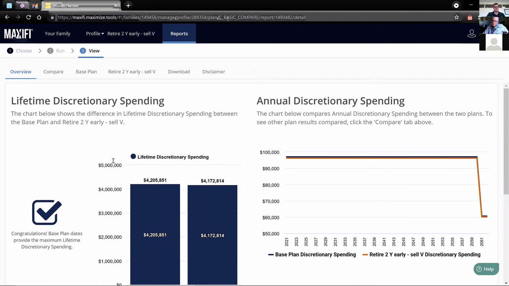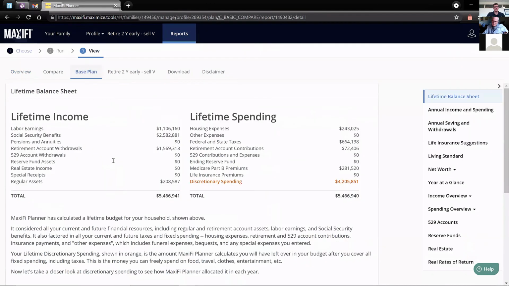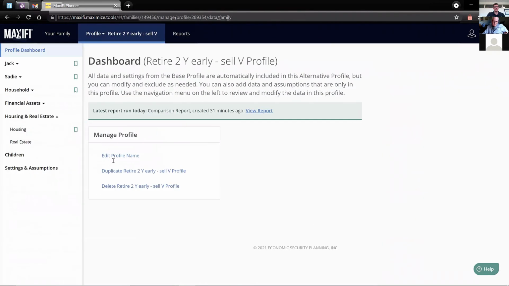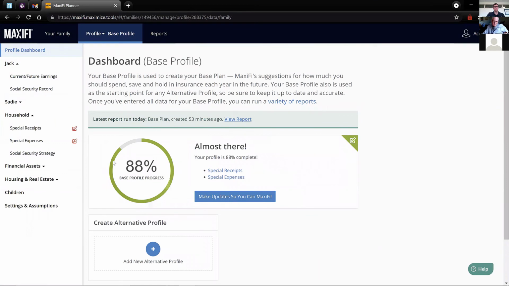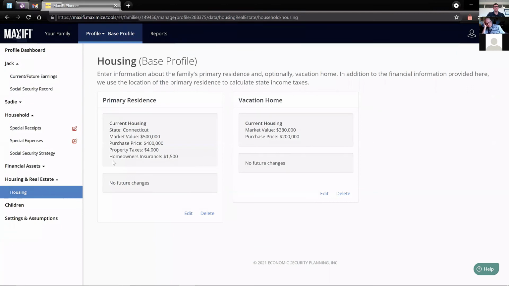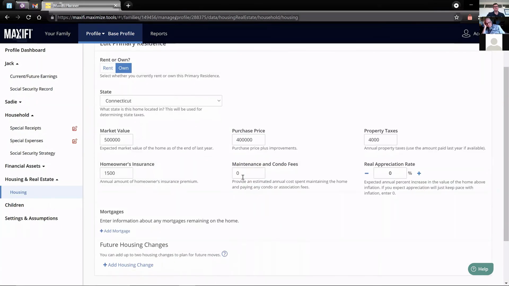Okay, wonderful. A couple of other things, minor stuff. With housing, when you have maintenance, that didn't look like it was accommodated under the housing. It's really a special expense, isn't it? Well, you could enter those as special expenses, but Larry has talked recently about housing. I didn't enter anything for maintenance and condo fees, just because I'm doing a stripped-down version. That's for your primary residence. You can do that. Yeah, and I think you can do that on the